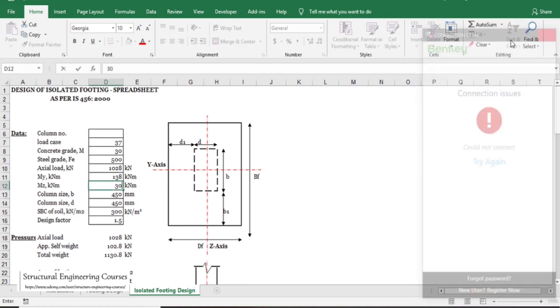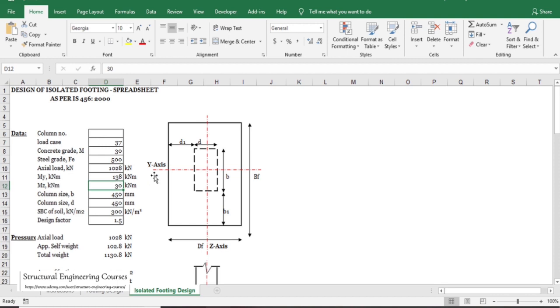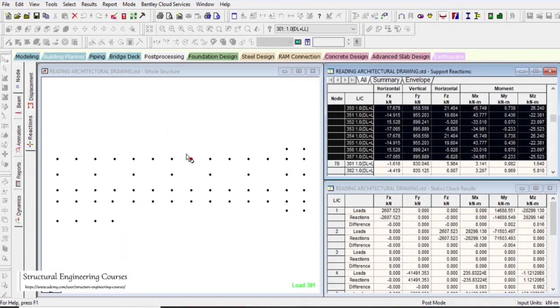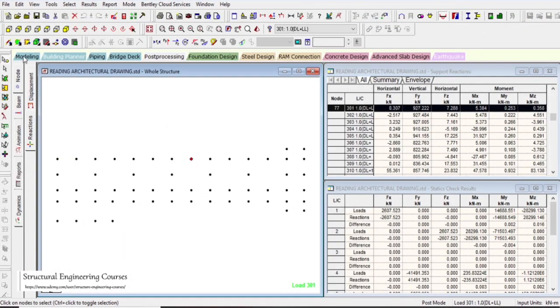So before, you should understand what exactly is My and Mz. Here we can say this is the My axis. So the major axis bending moment is My only, and the minor axis bending moment is Mz, that is 30 kN meter. The column size which we have considered here is approximately